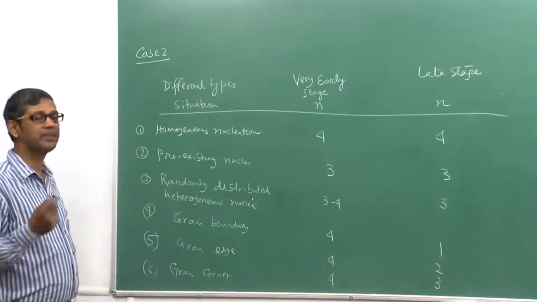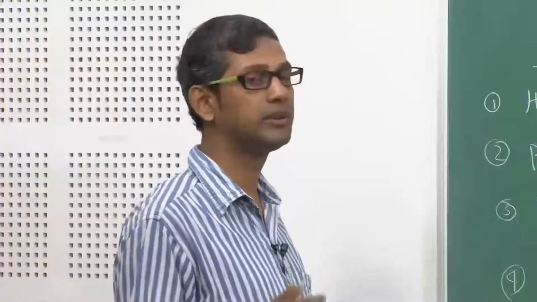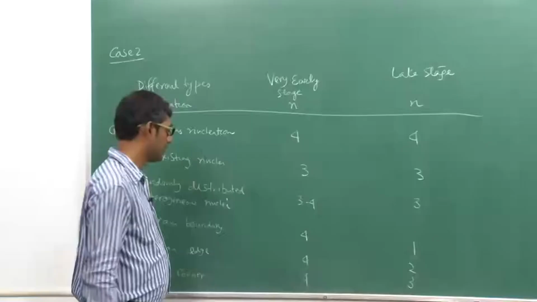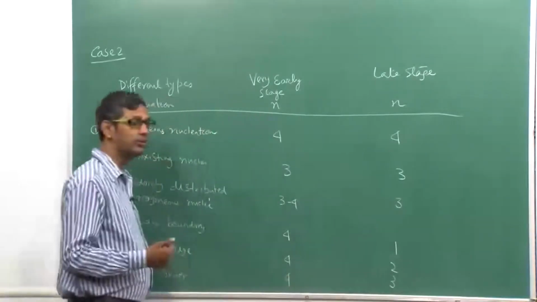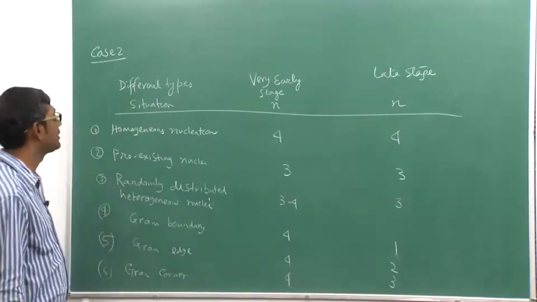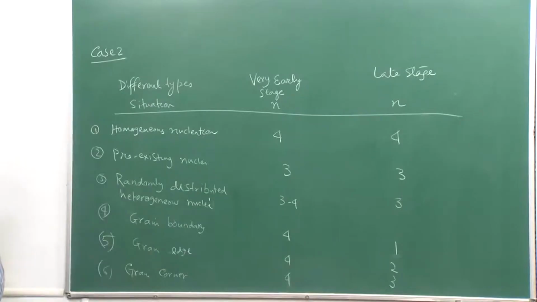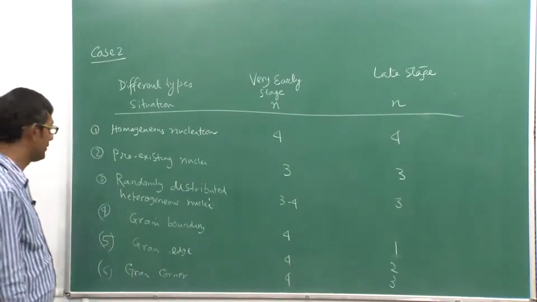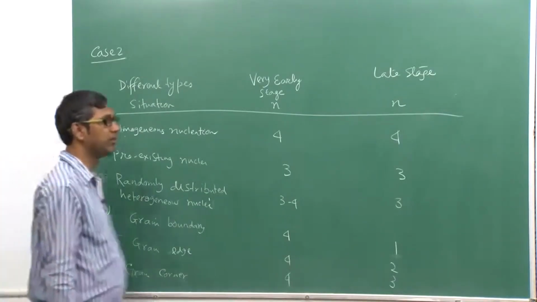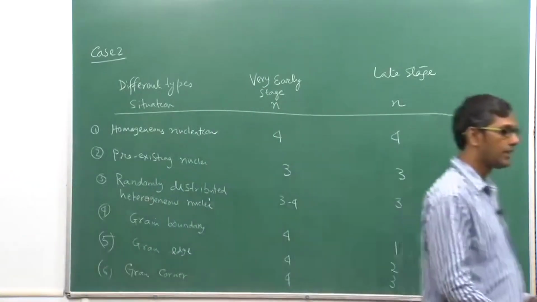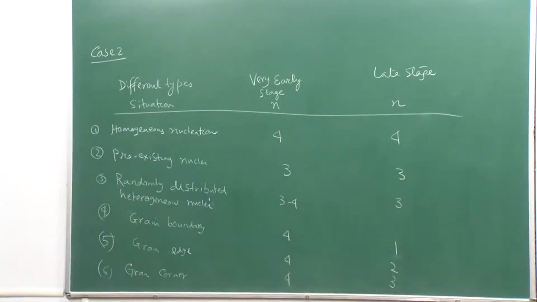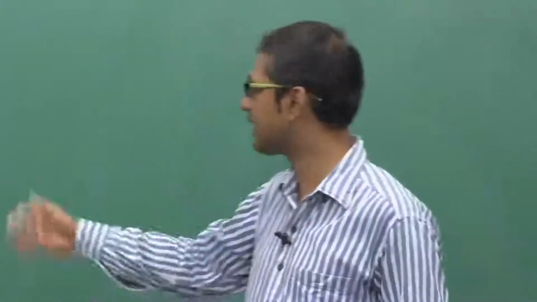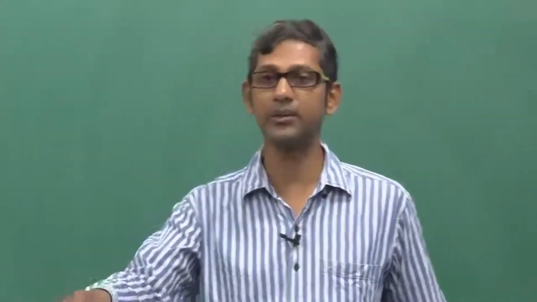The only thing that can happen is that the nuclei will have an orientation relationship with one of the grains, while the other two may not have any orientation relationship, and they can grow freely along these directions. So these are the values of n along the different possible situations in the different phase transformations, depending on the nuclei, and this can be used to apply the Johnson-Mehl equation to understand different